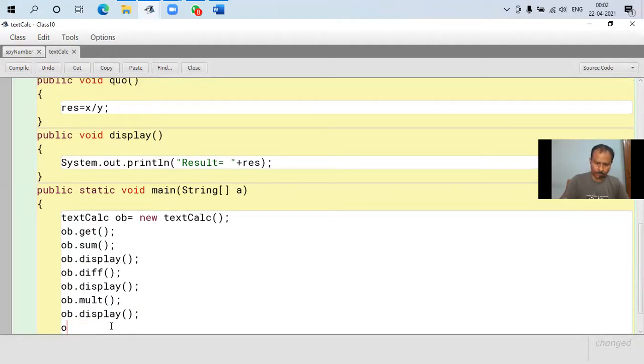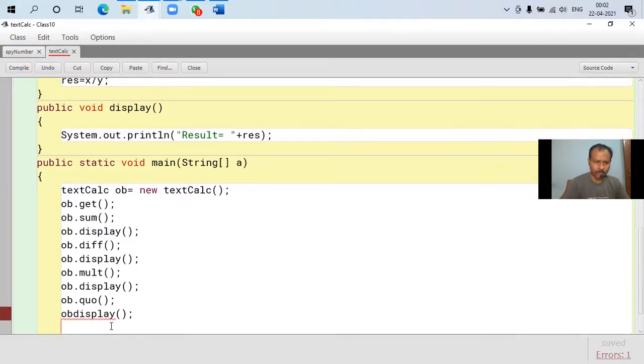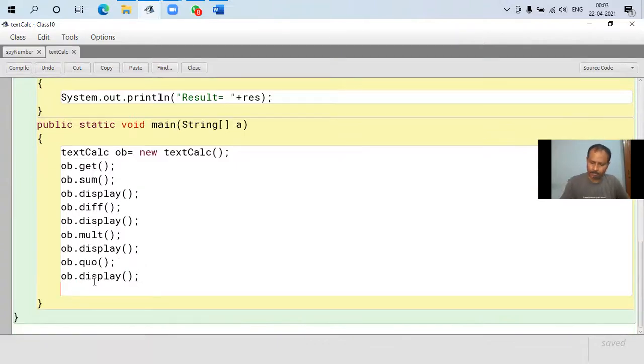Now you need to divide to give you the quotient, and then you need to display again. Now the question arises, sir, what if we displayed only once? If we displayed only once, then we could have got only the last operation that we did.